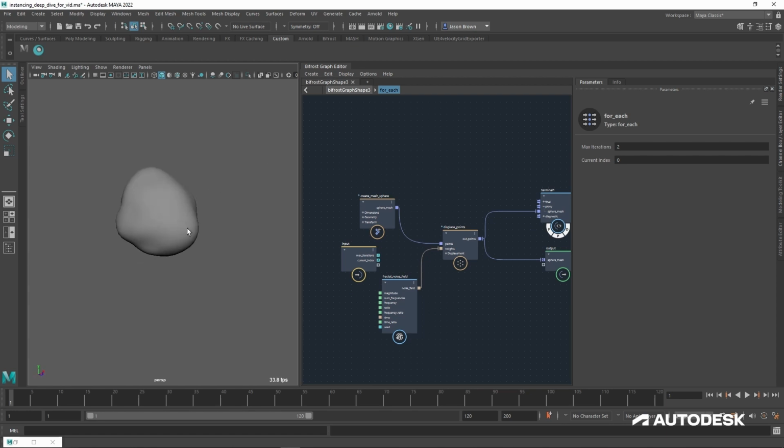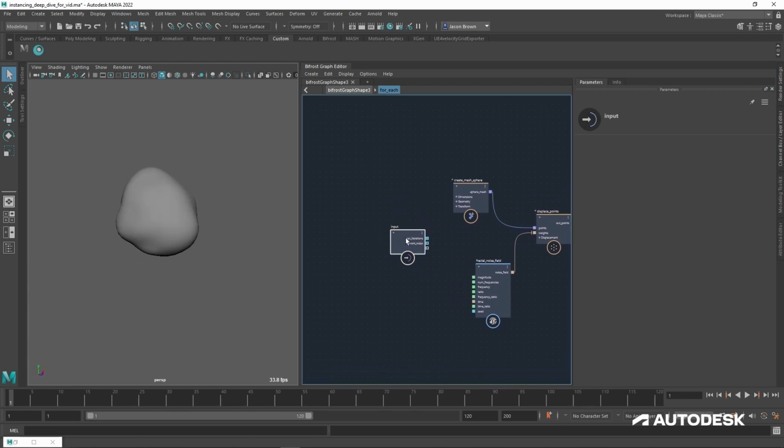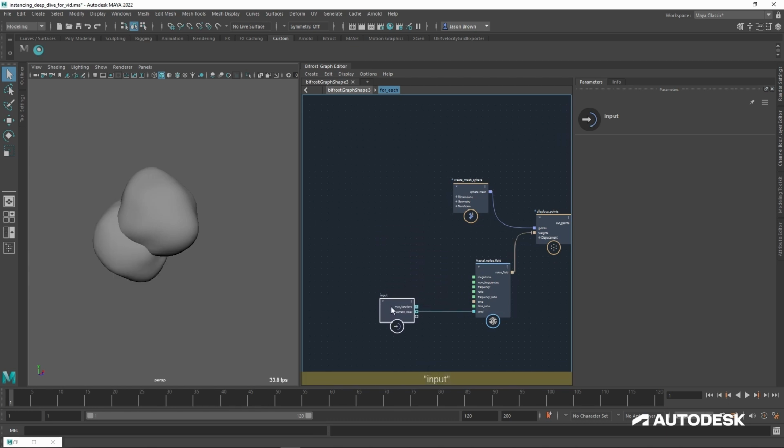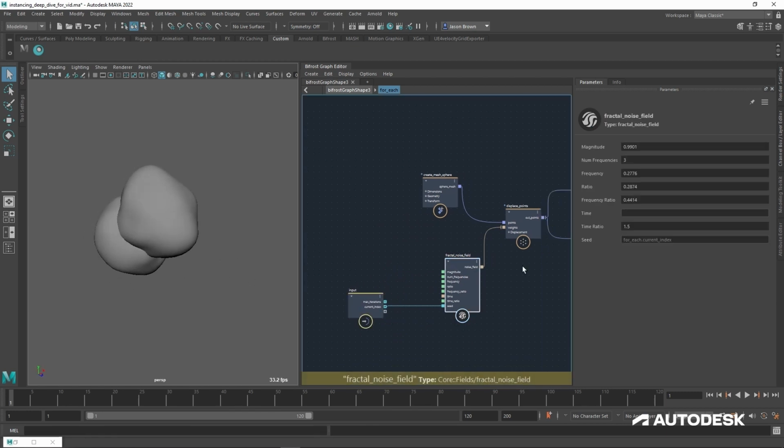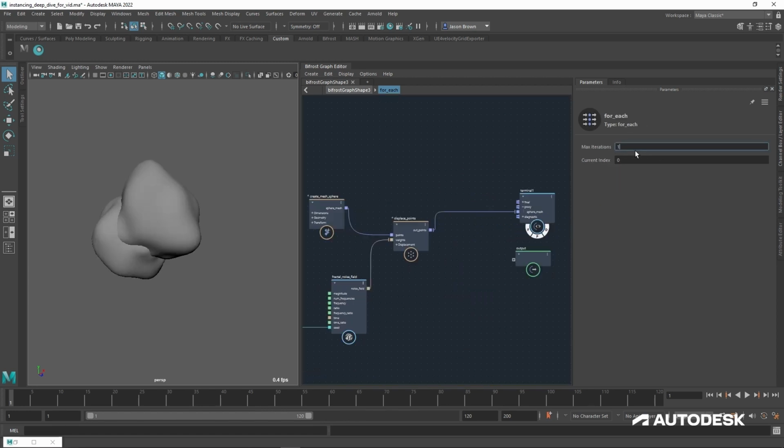And just to make sure that we've got a different rock each time, and these are very rounded rocks, we can say that they're river rocks or something, I'm going to plug the current index, which remember changes every time we go around the loop, into the seed, so that our rocks, which are now looking very interesting, acceleration have gone up to 2, we'll just take that back to 1.